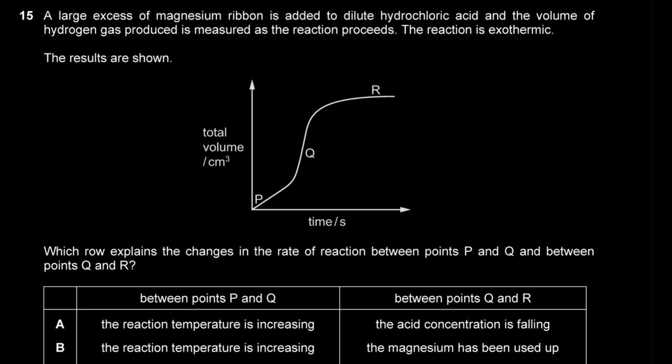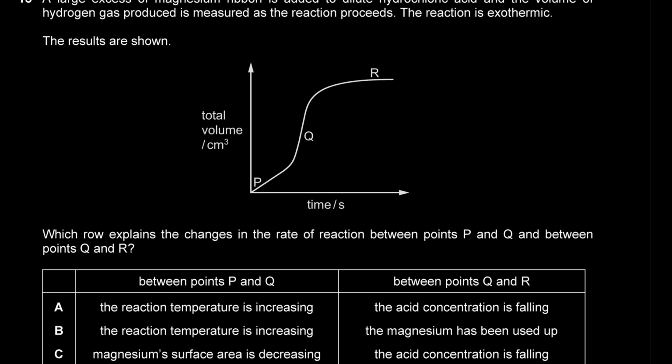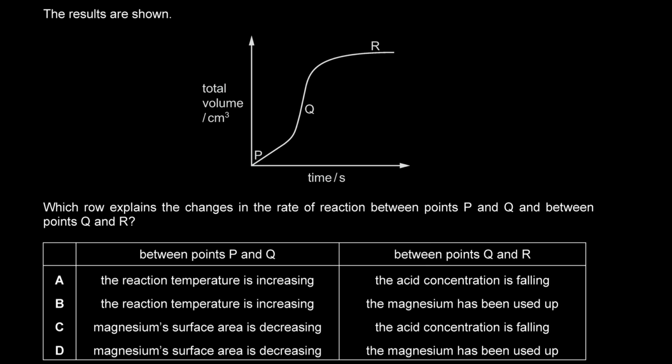A large excess of magnesium ribbon is added to dilute hydrochloric acid and the volume of hydrogen gas produced is measured as the reaction proceeds. The reaction is exothermic. The results are shown. Which row explains the changes in the rate of reaction between points P and Q and between points Q and